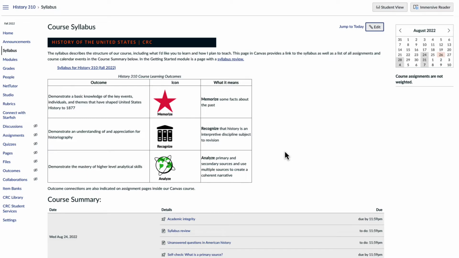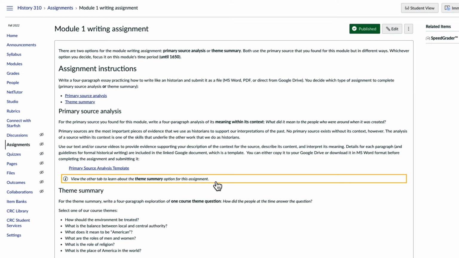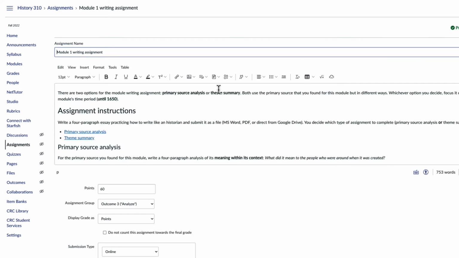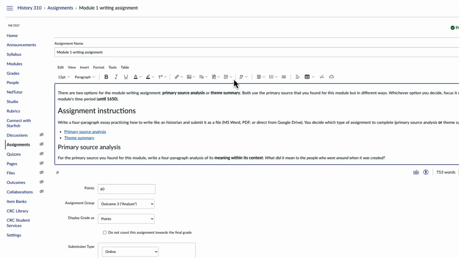I have created 3 icons and added them to the syllabus page. Remember that I want to help my students understand the connection between course activities and course outcomes. To do that, I want to add the icon to each assignment that has an outcome connection. This is where I benefit from the connection between the Icon Maker and the Rich Content Editor. While editing the instructions for an assignment, I pick an insertion point and select Save Icon Maker Icons from the Icon Maker button in the toolbar.